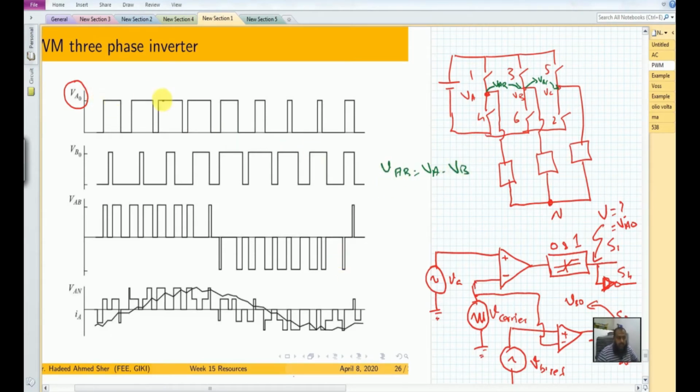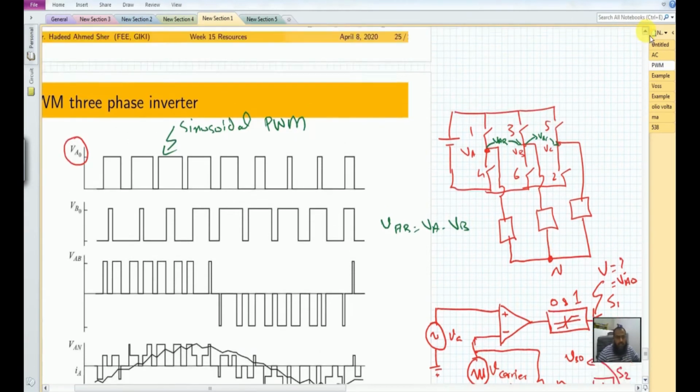So this V of A0, you can see here that we have the widest pulses available at the mid of the waveform, and that is because of the sinusoidal PWM operation, because the amplitude of the sine wave becomes higher when it reaches the